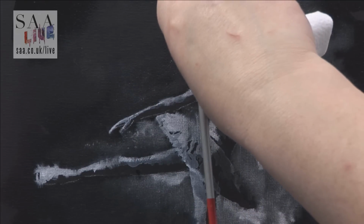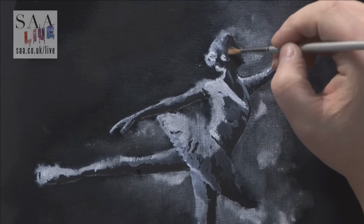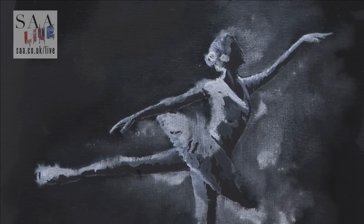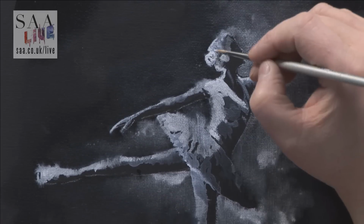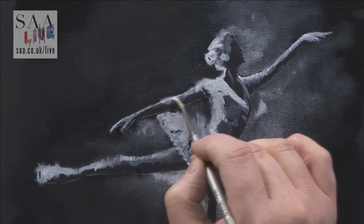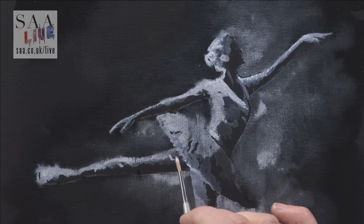And once this is dried, and I usually only do it once it's dried, what I can do is go back with the black ground, and I can go over areas that I might have overworked or need to rework. So now, just some really strong highlights, just looking at the shape. I don't want it too liney, I don't want just lines, so I'm altering the direction, and that's worked really nice, how that's feathering into the...